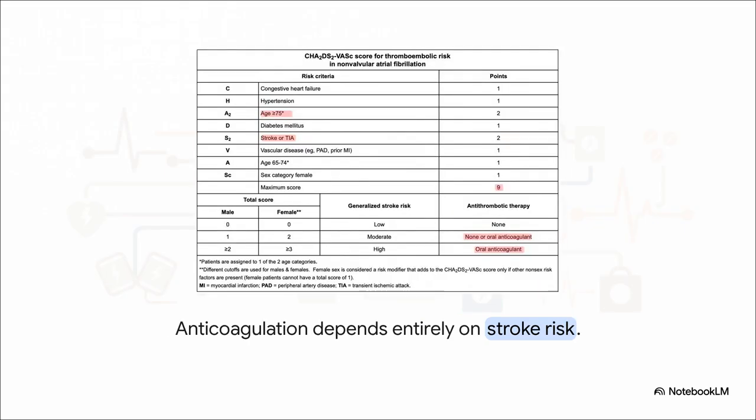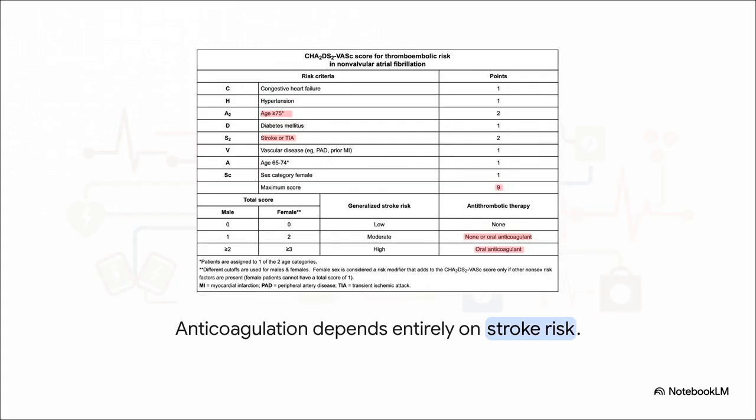When it comes to anticoagulation and atrial fibrillation, it depends entirely on the patient's stroke risk, which we calculate using the CHA2DS2-VASc score. The golden rule to remember: if the AFib has been going on for over 48 hours, or if the duration is completely unknown and the patient is stable, you have to anticoagulate before attempting elective cardioversion. Alternatively, you can use a TEE-guided approach to rule out an atrial appendage thrombus first